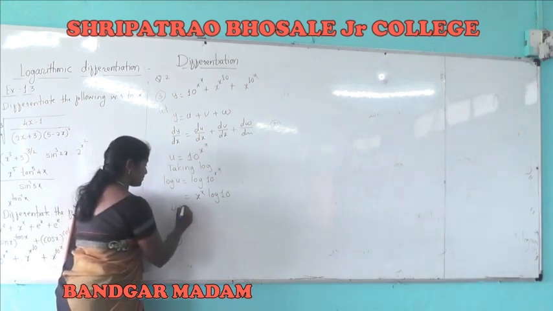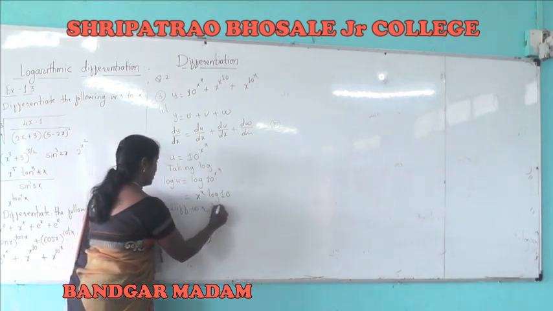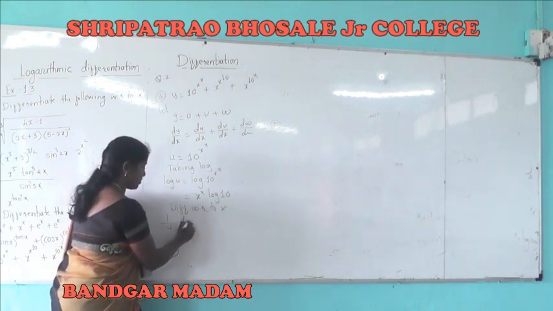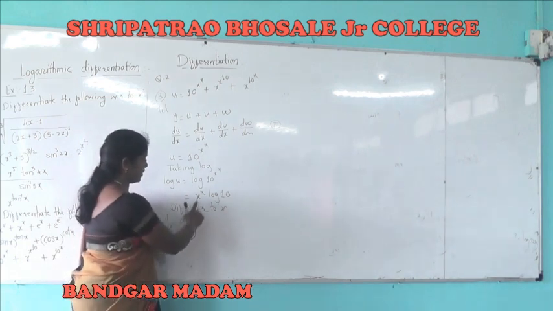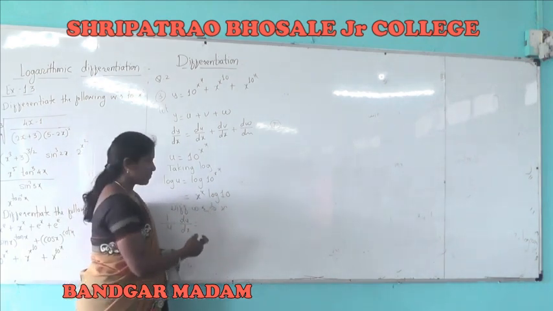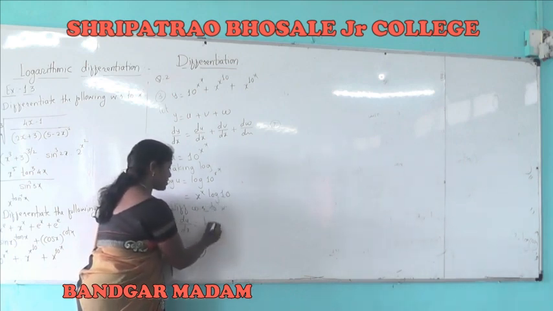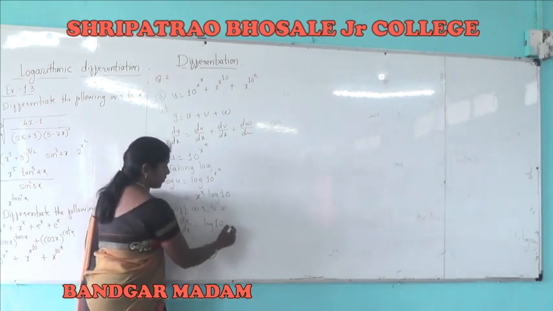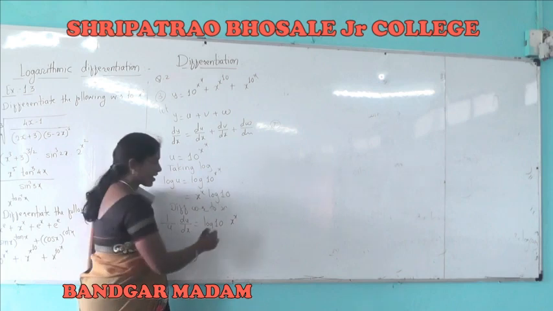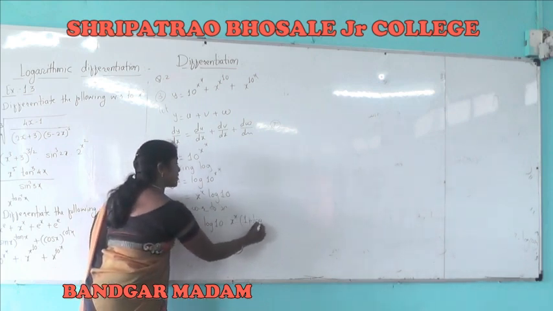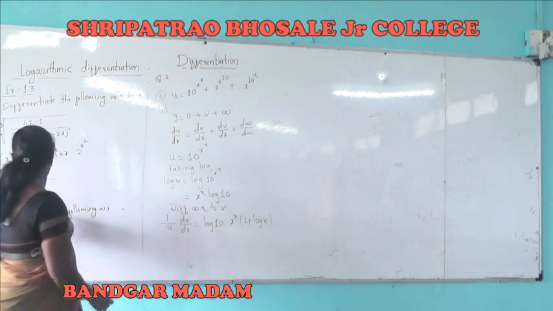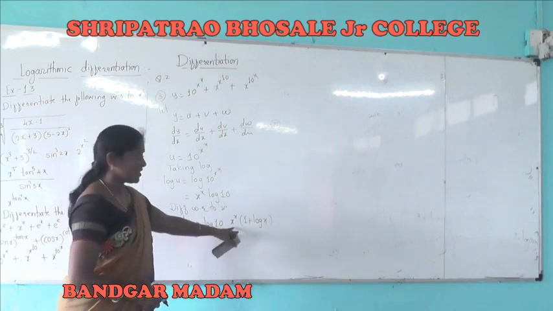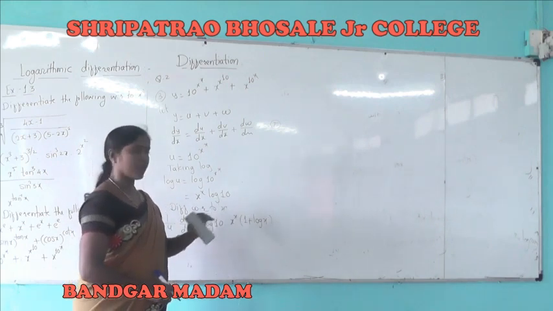Differentiating with respect to x, we get derivative of log u, 1 by u into du by dx, is equal to x raised to x, its derivative is log 10 as it is. Log 10 is a constant, it remains as it is. Derivative of x raised to x, we'll take it. We have the formula: x raised to x, in bracket 1 plus log x. In the first example, we have solved the derivative of x raised to x. We can replace it directly here. x raised to x's derivative is 1 plus log x.